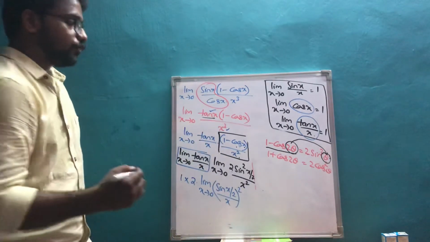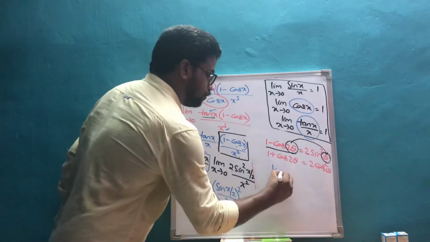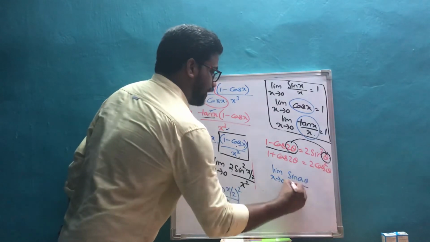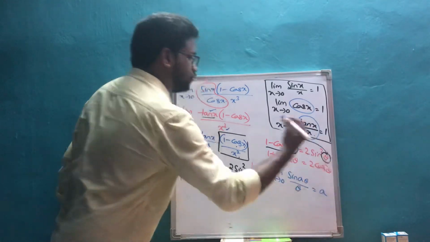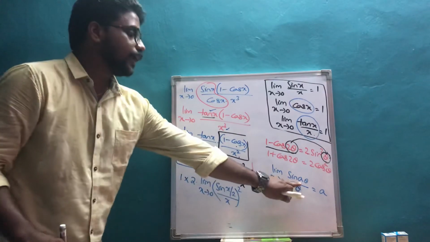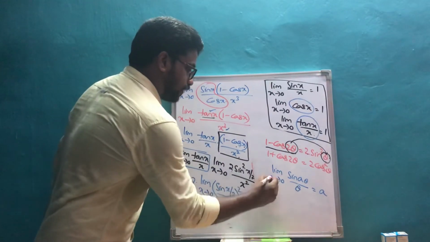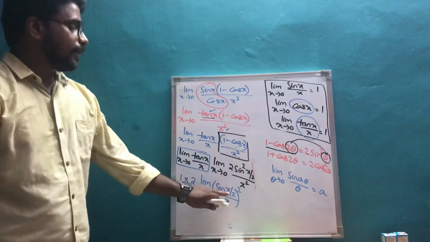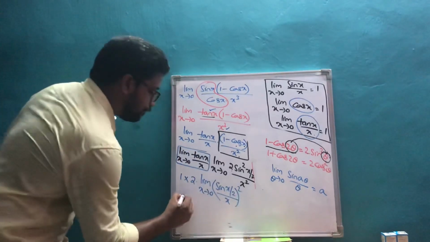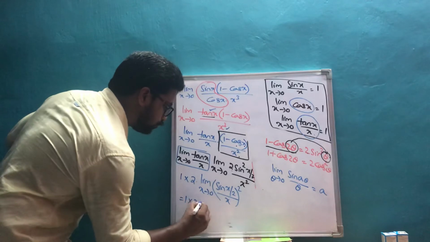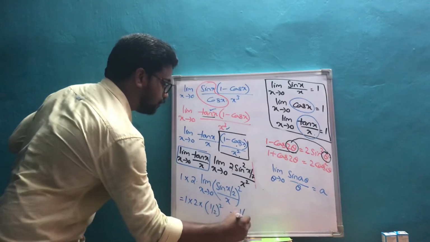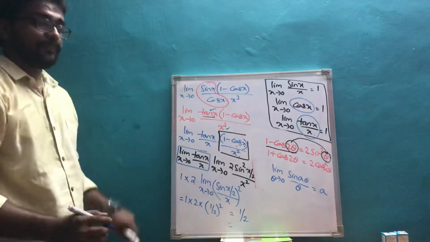Right? So we know one more formula with respect to limits and the sine trigonometric function, that is limit of sin a theta by theta is equal to a. You can observe here the value of a; you can take theta here. The value of a here is 1 by 2, but you have a whole square here. So this will become 1 into 2 into 1 by 2 whole square. So that is nothing but 1 by 2 again.